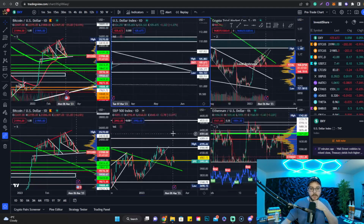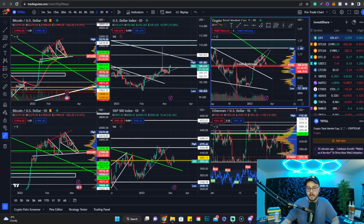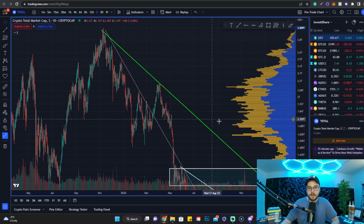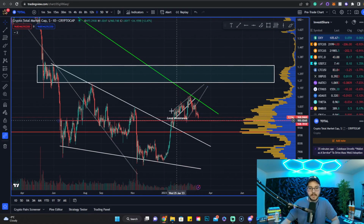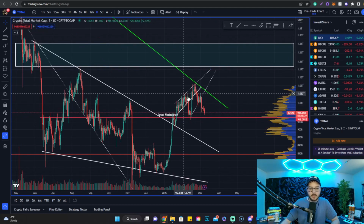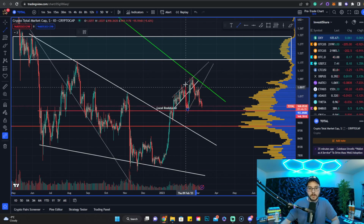All right, so going to the market cap for crypto as a whole, we were talking about how we were retesting this downtrending level of resistance that's been weighing down crypto since the total market cap of 3 trillion, and it is still weighing us down. We ended up breaking this bearish rising wedge structure here, and so when we lost that momentum, now we're starting to form a large double top, and if that plays out, then we really are looking for a beat down for crypto. We can see it go all the way back down to potentially